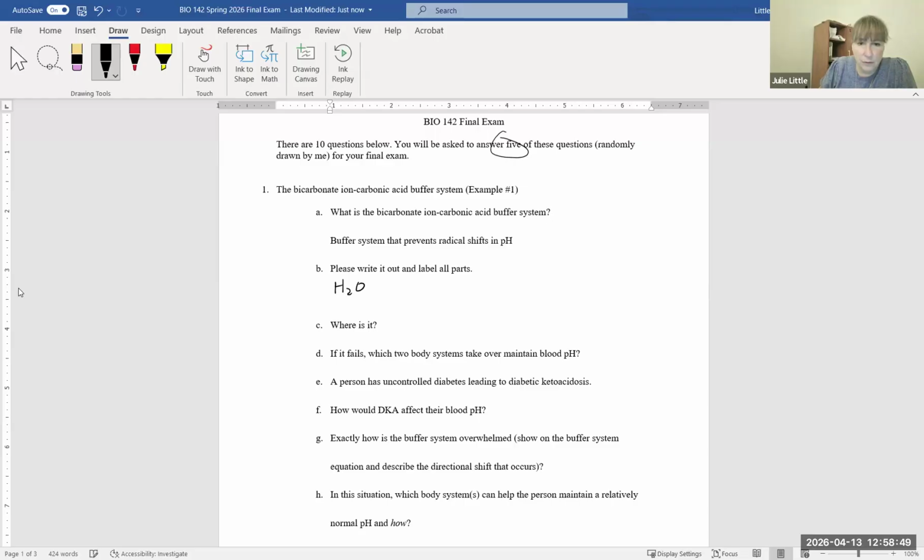Water plus carbon dioxide, and you will write water underneath here because I say it's a label, and carbon dioxide. Carbon dioxide, please write better than me. When they combine, they form carbonic acid. This is not a mystery to you at this point, I hope, in the semester. When carbonic acid breaks down, it will release the hydrogen ion and also the bicarbonate ion. These you will have to know in the future with your anion gaps and everything else, so it's important to know this now. Bicarbonate